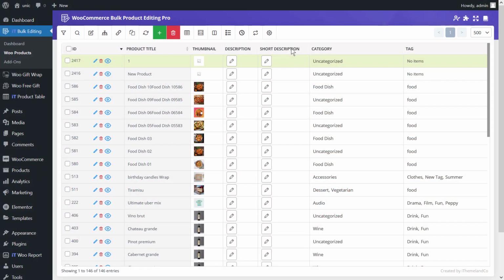In this tutorial, we're going to show you how to change multi-product description at the same time. You can change the multi-product description by bulk editing the description or short description in the bulk form of a WooCommerce bulk product editing plugin. In this tutorial, we want to show you how to change multi-product description and short description at the same time